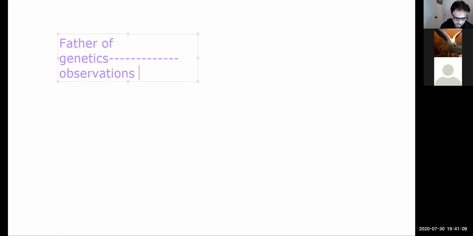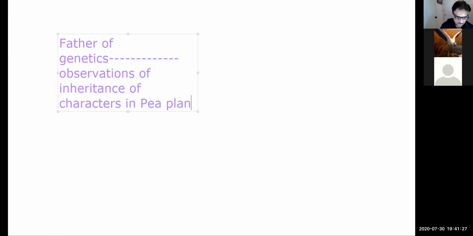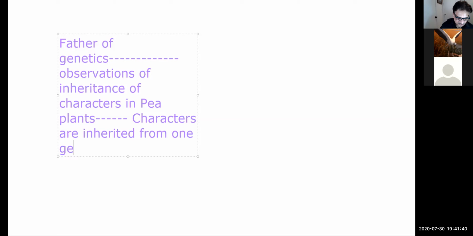on the inheritance of characters in pea plants, he could propose how characters are inherited from one generation to the next generation. So based upon the flower color and height of the plants, he could understand the mechanism of inheritance, and he proposed